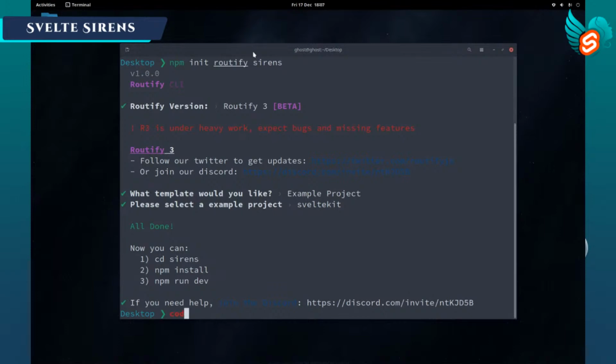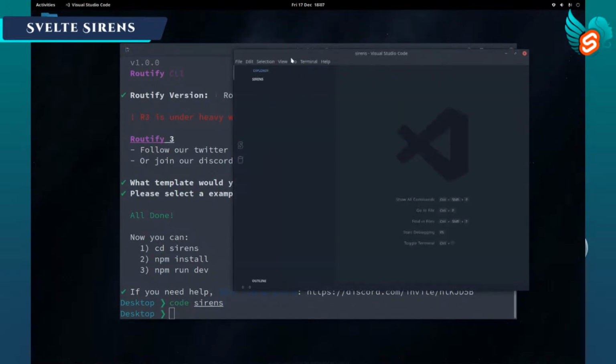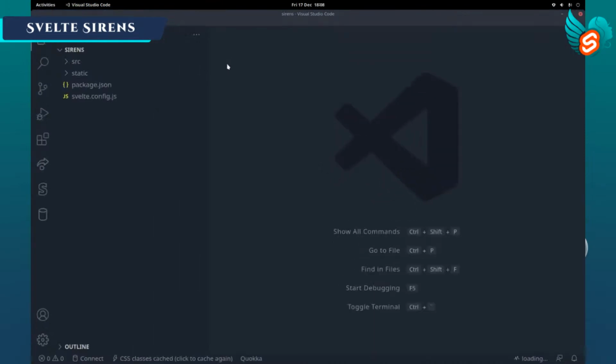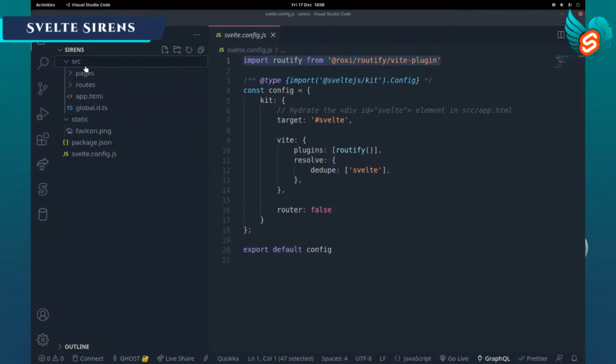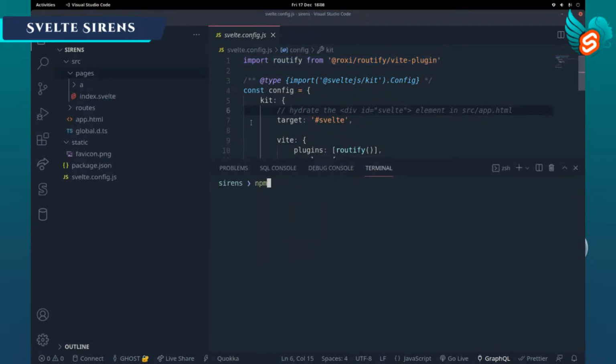Then if we just open that in VS Code, you'll see this is just a regular Svelte app. We have our Svelte config, and you'll see we have our Routify plugin, and we have our pages here. So if I was to run this, first of all, npm install,